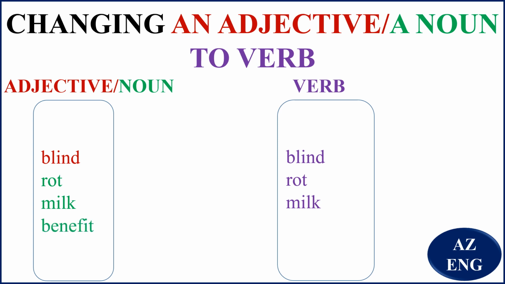Benefit. Well, that is the advantage, right, of something, help. And you can say this thing does not benefit us. That is, doesn't give us any help. What is the benefit of this? And the action, we can say what? This will not benefit us. Does it? No, it doesn't.